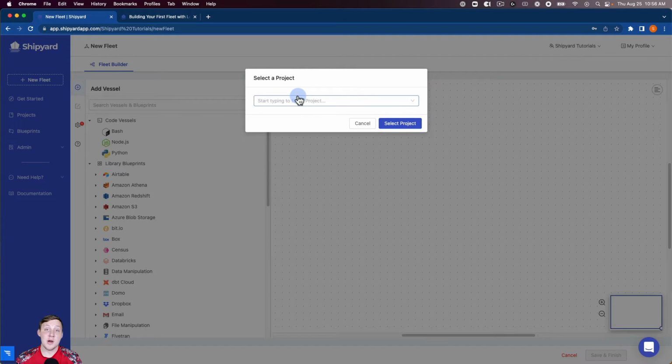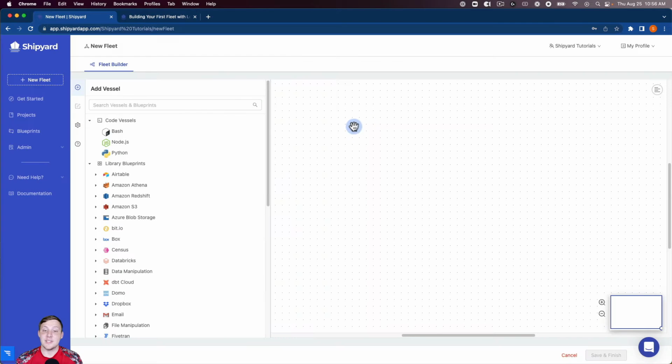We're going to select the project that we made in part one of our Getting Started tutorial series, which was the Getting Started project here. And then you're going to click Select Project. You can create this in any project that you would like. It's not important to the end product here, but we're just going to continue on where we stopped in part one. So click Select Project, and it's going to take us into our Fleet Builder here in Shipyard,